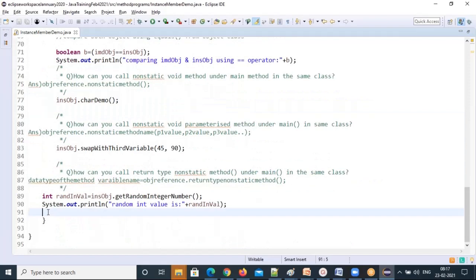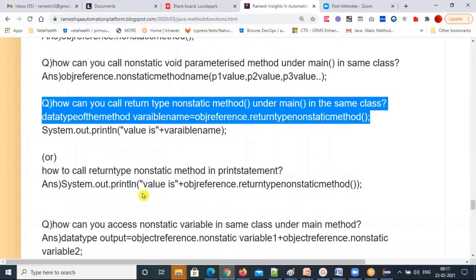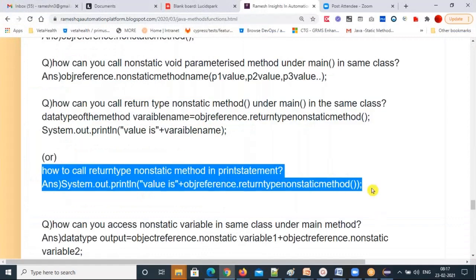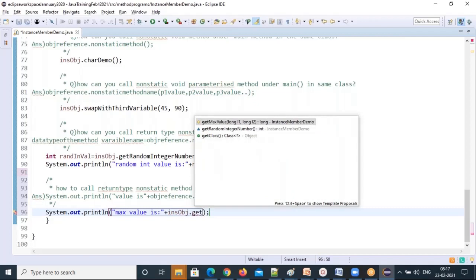Okay, so the next one, how can you call in the print statement? Let's finish this quickly. I have shown you the print statement already, but I'm showing one more time. In the given values, what is the max value? INS object dot get max value.